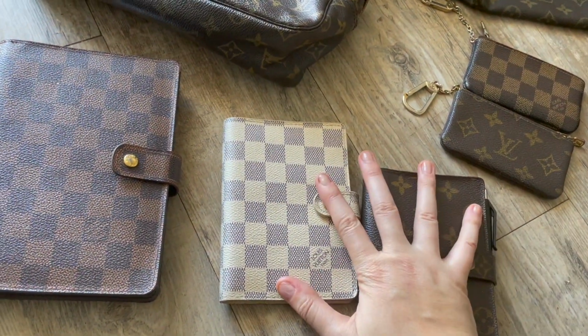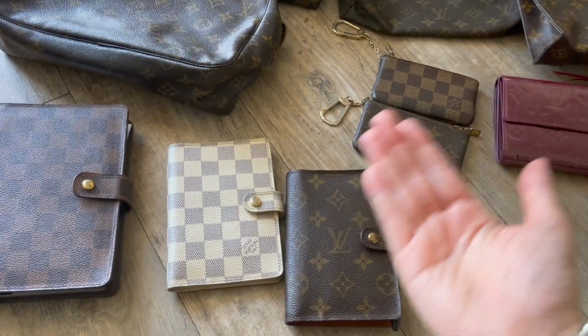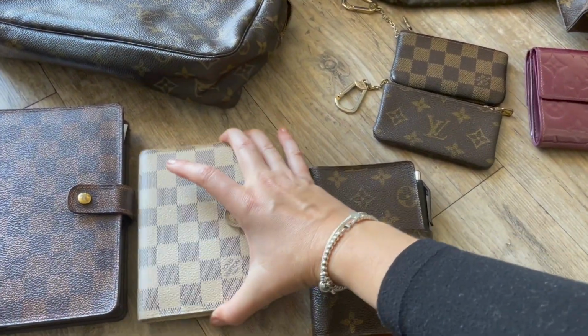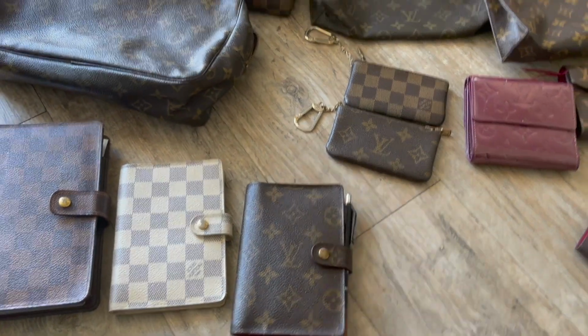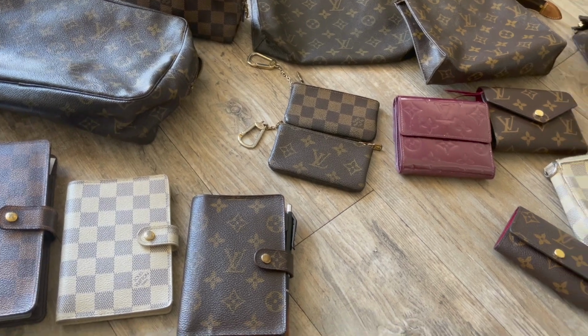Love my planners. I want to get a notebook holder so I can buy generic notebooks and then just slide them in. I think that would be a great addition too. I'm a planner girl at heart. If you've been here for a while, you've seen my planner videos. Love planning, love watching planning videos, love to plan. All right,